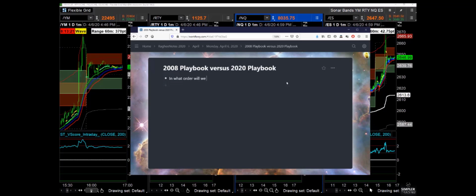Well, I don't know what we're going to see, right? We want to steer clear of prediction and talk about probabilities. All right? So what order will we recover? And what I mean by that is, where do we typically see which major asset classes? Because this isn't about stock picking, gang. I mean, you could do a little bit of that, sure. That I would say is maybe second or third down the line. But which major asset classes